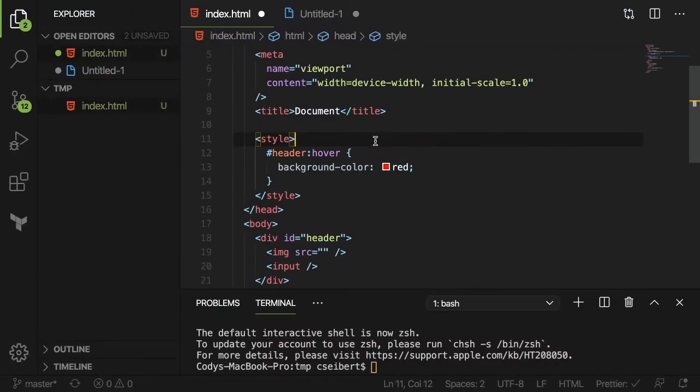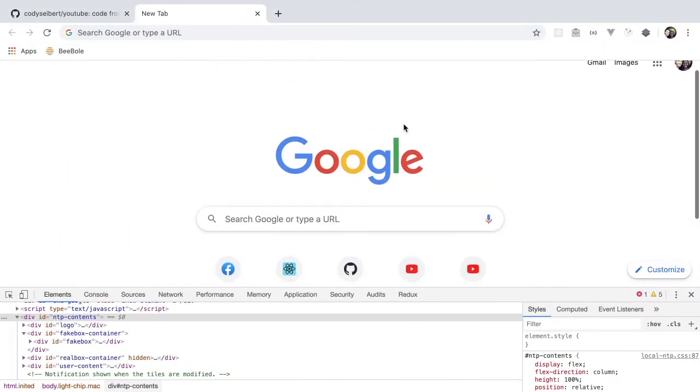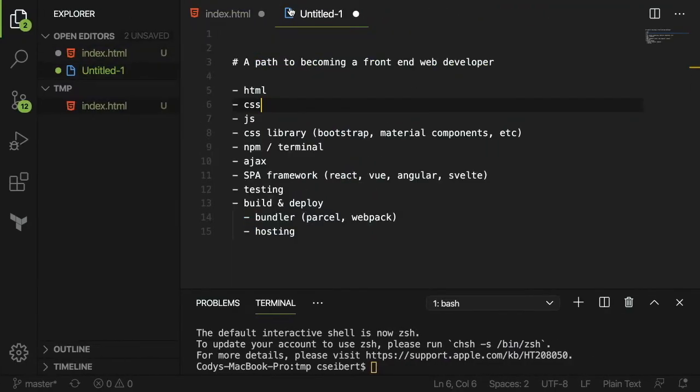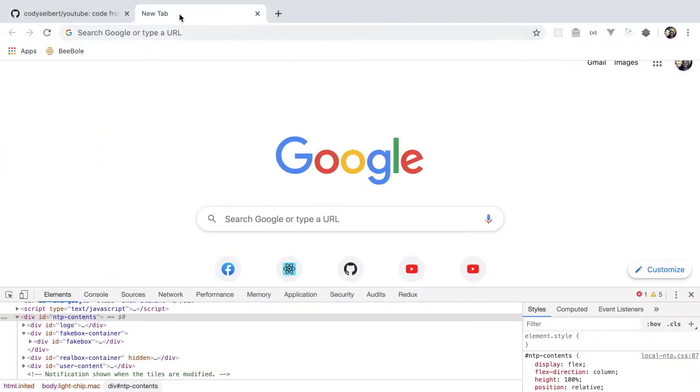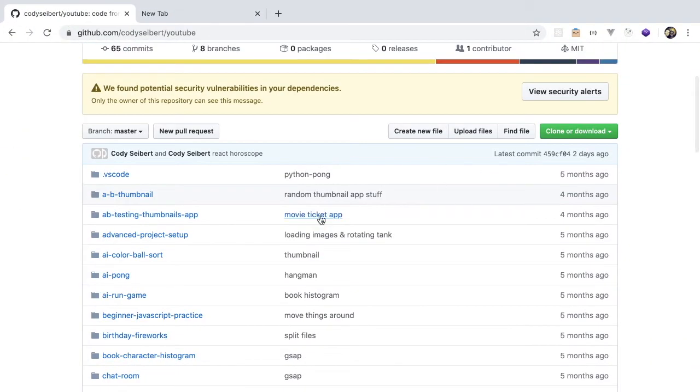There's ways to do logic in CSS. I do not recommend it. I'd rather use JavaScript for anything that's logical, but you can hide DOM elements and do a lot of stuff with CSS. And again, I recommend learning the most basic and most fundamental CSS properties because there are a lot and it's kind of overwhelming. And again, the best way to do that is find a site and try to replicate either a small component